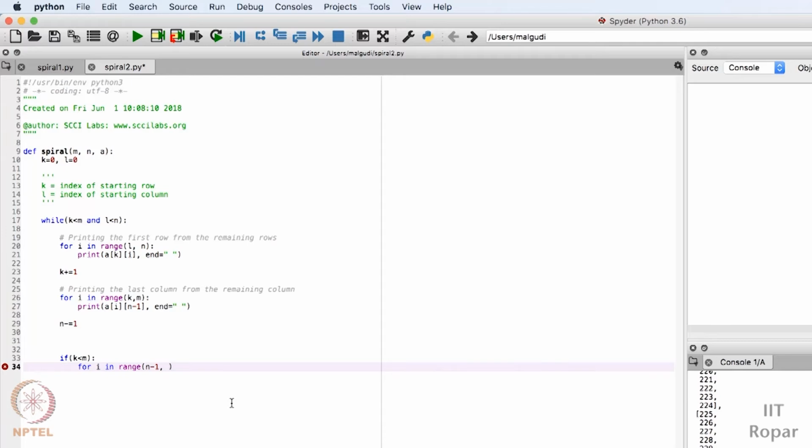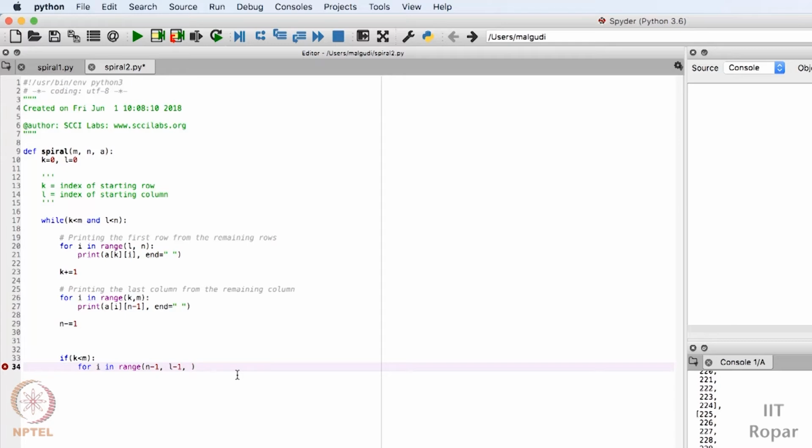So for that I will write L minus 1, because again the range doesn't include this value, but I need this value. So I need L minus 1, so that it can go to exactly L. Since I'm going in the reverse order, I'm decrementing: n minus 1, n minus 2, n minus 3, n minus 4, and up to L I'll have to go.